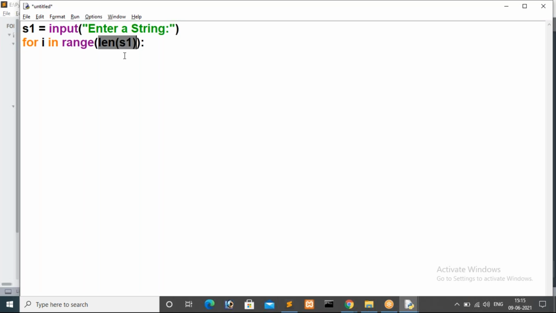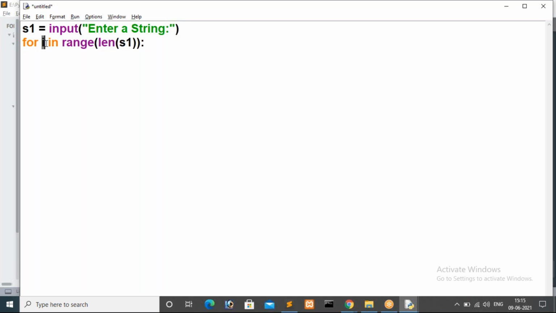Just assume we are giving the string Python. So now range of 6, in each and every iteration, what will we get in i? What will we get in each and every iteration inside i? What are we passing? I mean, a character or an index position? By using the length of the string, I am iterating this loop. Absolutely. Here we are using length, na. Length is an integer value. Length will return an integer value. So for that reason, in this i we are getting the index position.